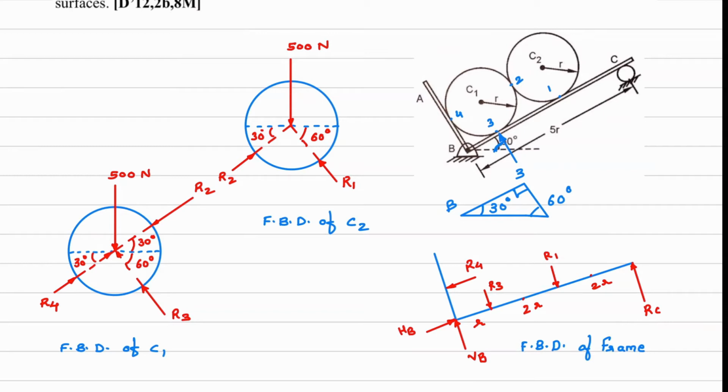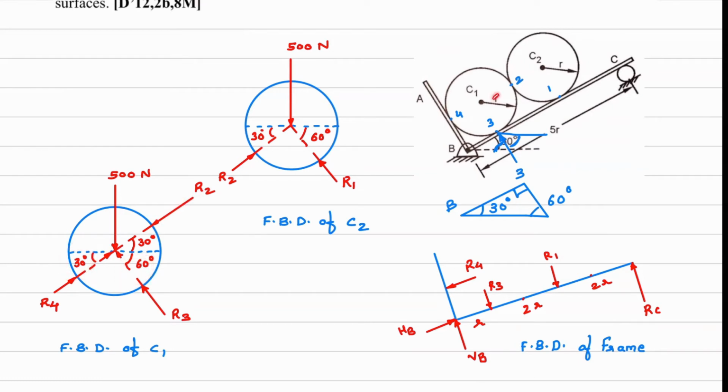So alternate angle, if you see this angle, it will be again 60 degree. That is why here you can see this angle is 60 degree, angle of R3 with respect to horizontal. Here you can see this is 60 degree. So that is why this is alternate angle 60 degree. Okay, so we have seen this angle, this angle. Now we will see R2.